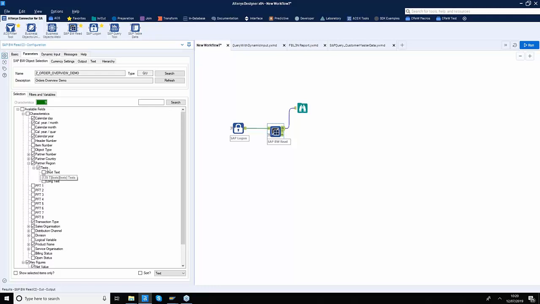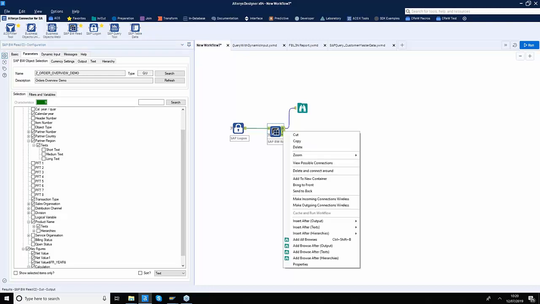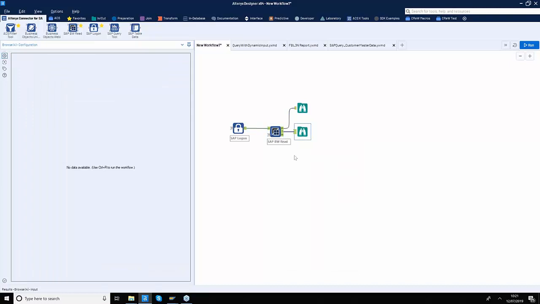In this case, I'm selecting this parent node called text, and by doing that, I will now bring the text output for my parent reason or partner reason. And then let's also do that for my product as well. So I'm selecting text here for product. Now if I put a T output here, that will give me two info objects and their master data text.